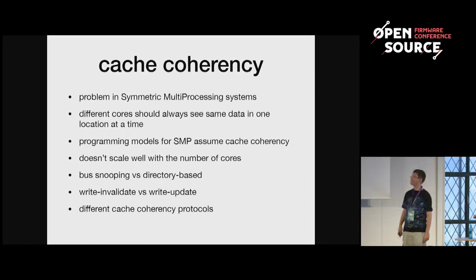Another problem with cache is cache coherency. If you have multiple processors in the design, you have to make sure that when multiple processors have data from the same address in their cache and one writes to it, the cache contents of all the other processors are invalidated, so that the other processors don't work on invalid data. There's also different stuff that can be done, but I think I should skip that.